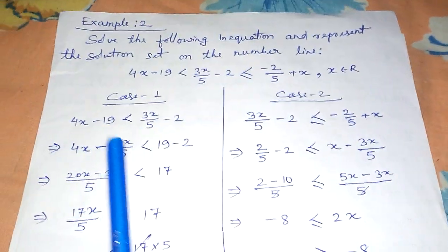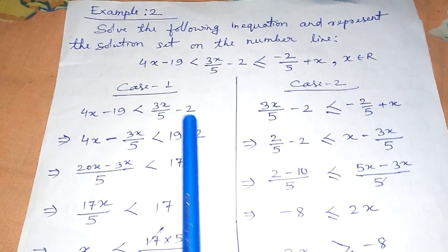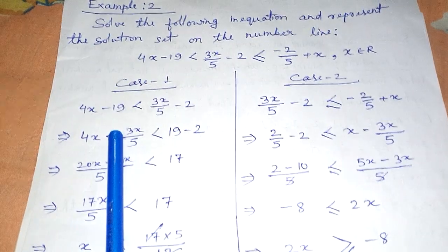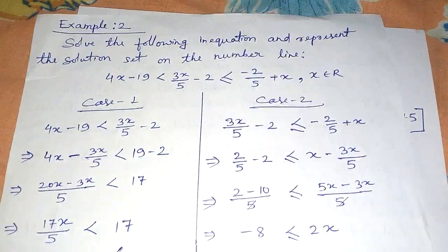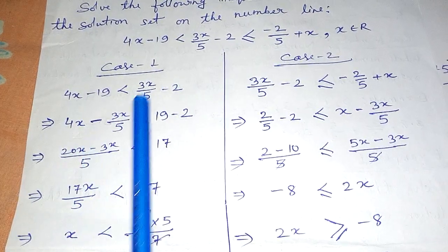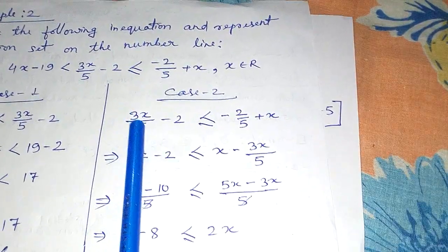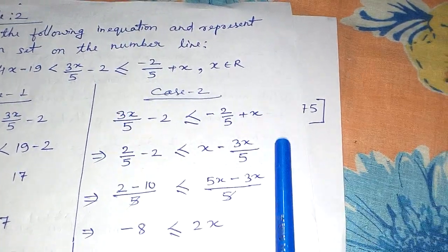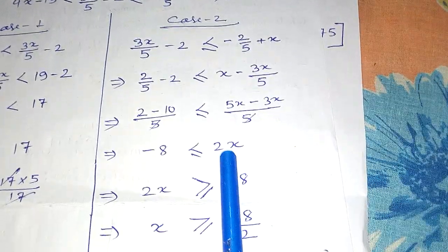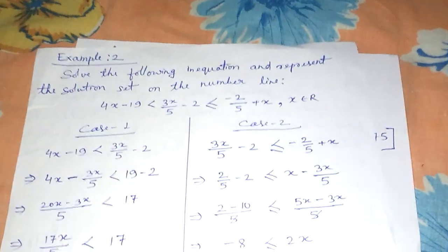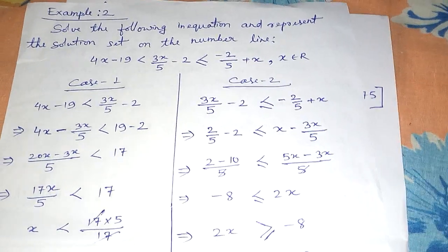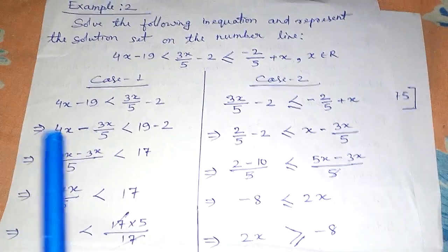And then now example 2, which was already discussed in the last video. Here I will only tell you, I have shifted this 3x by 5 to this side because this is the smaller x. So to get positive x, I shifted this x to this side, and as this x is larger and this is smaller, the smaller x went to the larger part and we got positive x. That means after all, our target is that we should always focus on how we shall shift x.